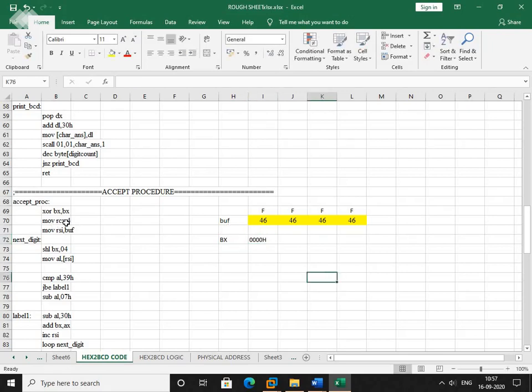Then next, the RCX content is 4, since we are accepting a 4-digit input, therefore the counter register will be 4.